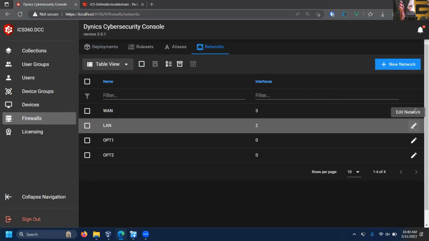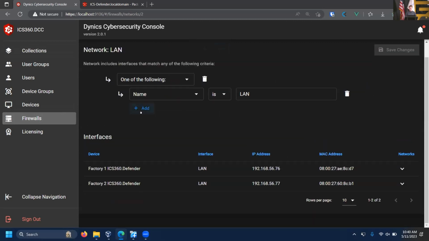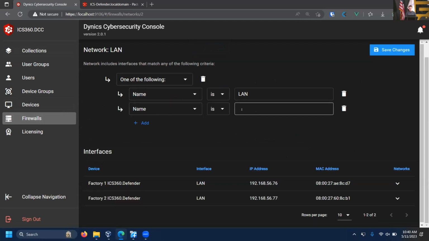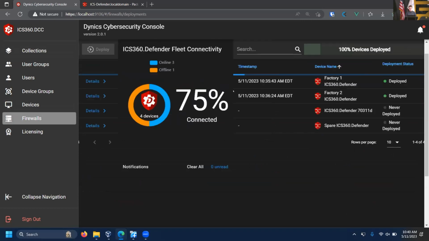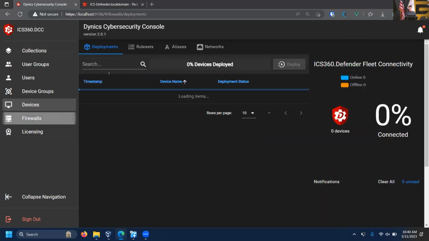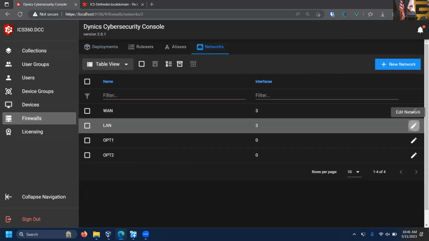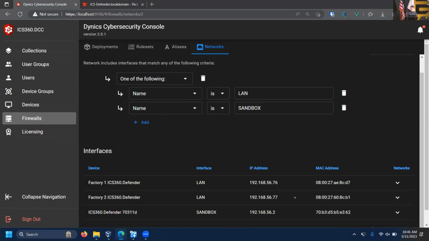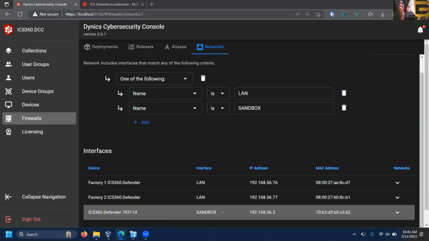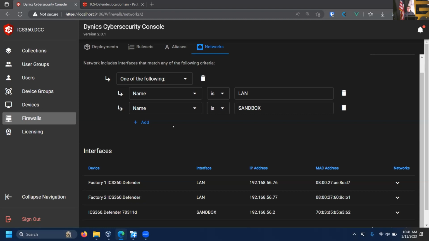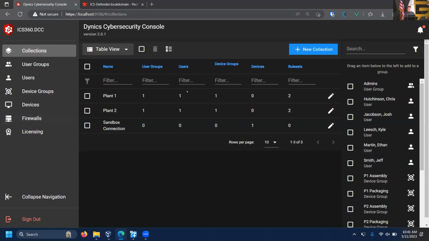And if I go to my LAN network, I can simply add a new network name, which I know is Sandbox for this ICS Defender. And if I save the changes and refresh the page, and simply go back to that network screen, you'll see that now instead of having two ICS Defenders in this interfaces tab, we actually have three, and it matches the sandbox interface to my current existing LAN networks. So now if I go back and re-add that connection to my collection for the sandbox,